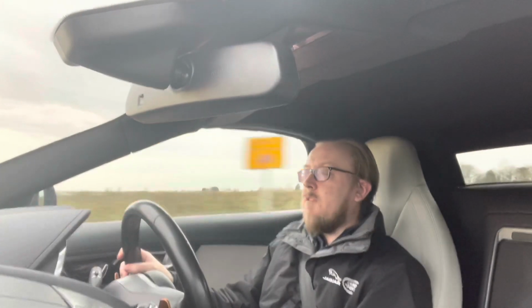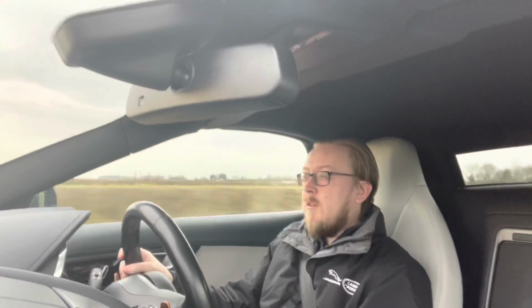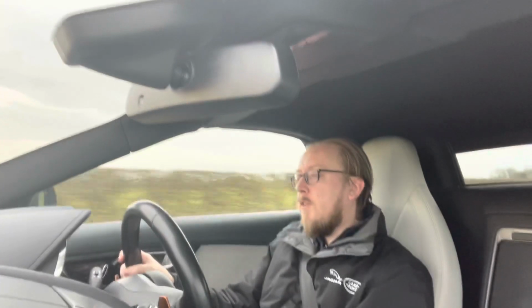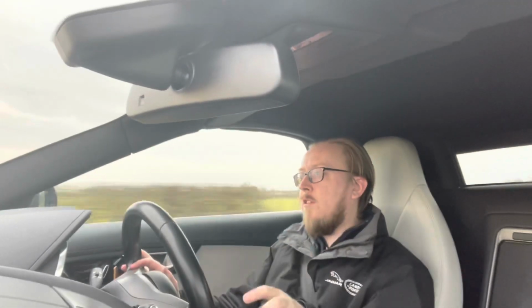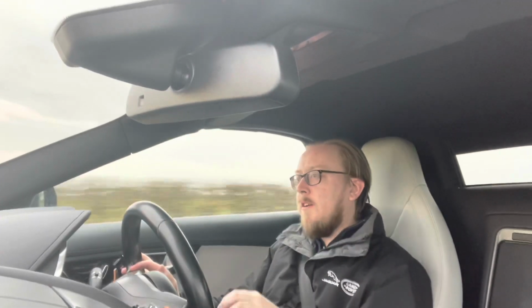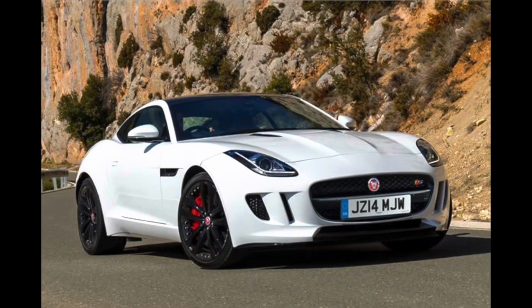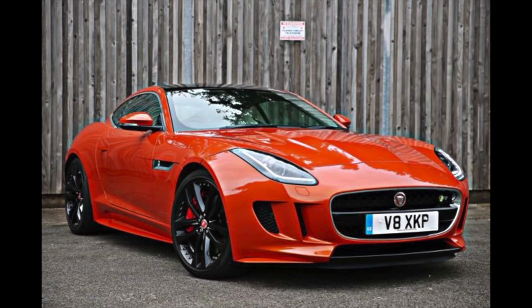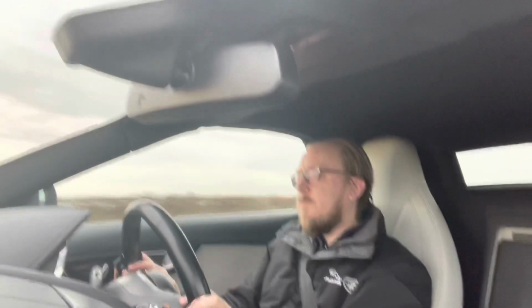And then specification wise, I've got this one with the exterior styling pack, and I wouldn't look at one without it, to be fair, because I think those side skirts and the front little lips and the diffuser at the back just finish the car off nicely. And when you park it next to a car that hasn't got it, you can see what a difference it makes. So here's a car without it, and here's a car with it. See the difference? Anyway,